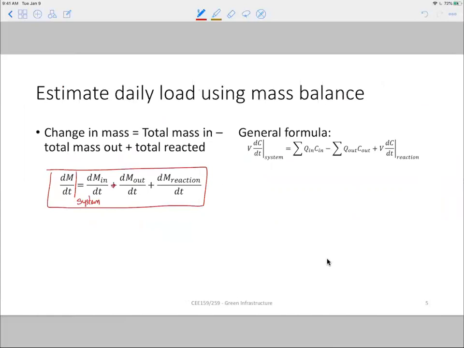There is a typo here, and amount of mass leaving the system, plus anything that is reacted or produced by reactions or destroyed by reactions. From this equation, we want to derive this final form in the generic equations, which is